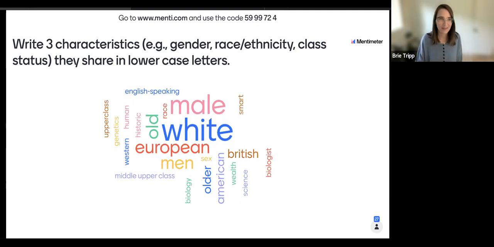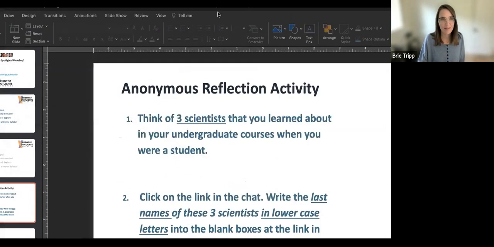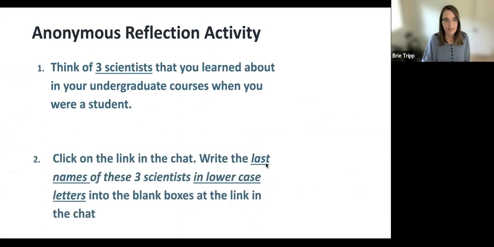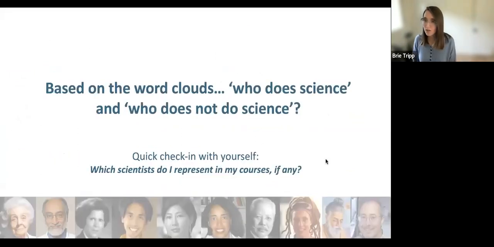Yeah, thank you for completing that activity with me. Based on those word clouds, I just want you to think to yourself, who does science and who doesn't do science? What kind of messages are we sending to students? And the same messages that we got as an undergrad about who exactly does science. And it's not just